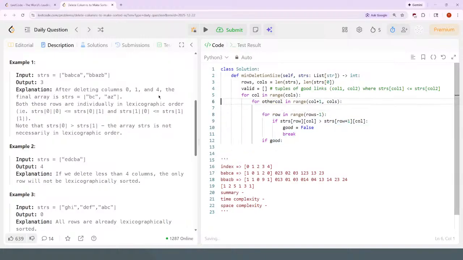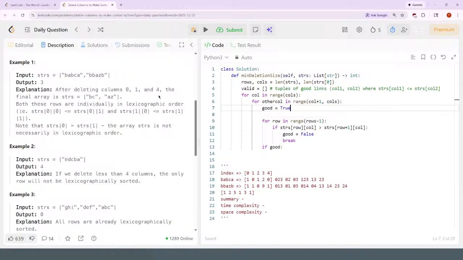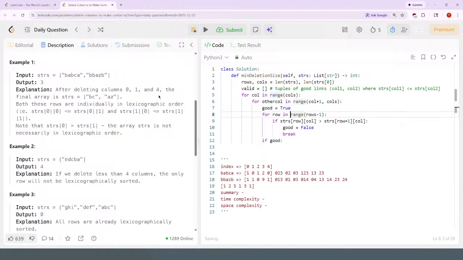Okay, so for every column and then every other column. Good is true for every row. This is if strings at this row